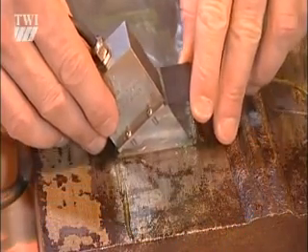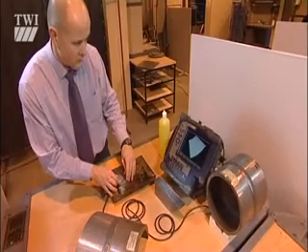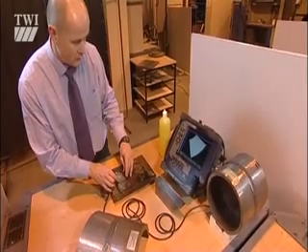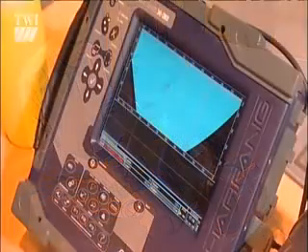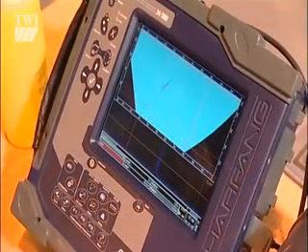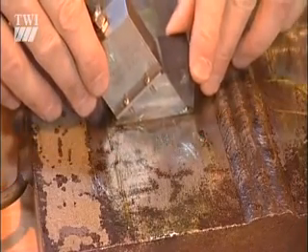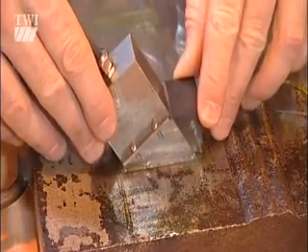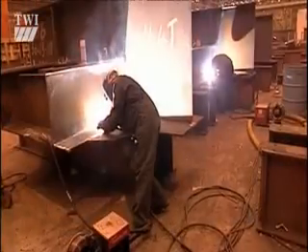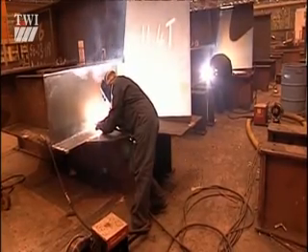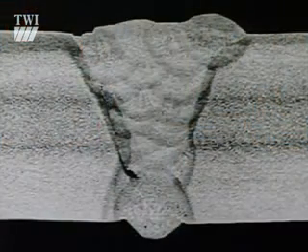Phased array systems work quite differently. They offer the possibility of performing inspections with ultrasonic beams of various angles and focal lengths, using a single array of transducers. So, what's it used for? Well, finding the same manufacturing flaws like lack of sidewall fusion, lack of root penetration, lack of root fusion, and porosity,